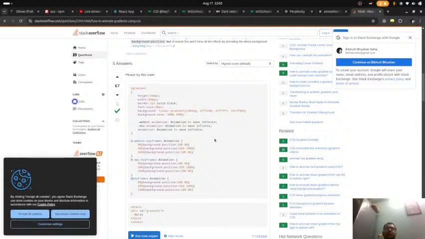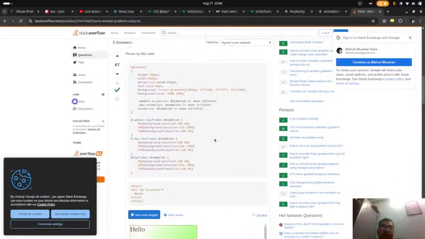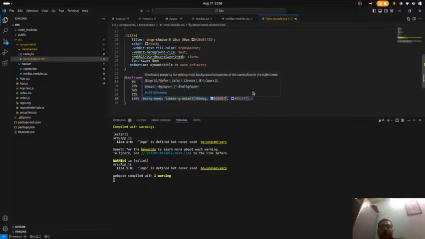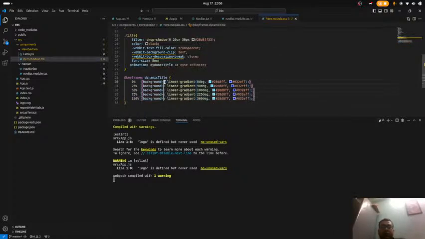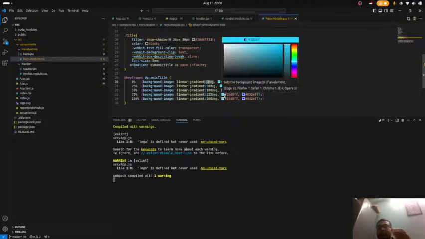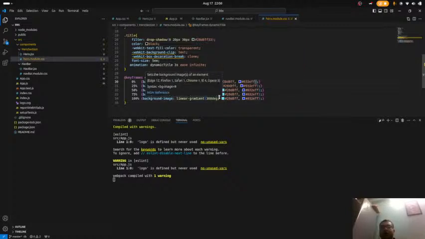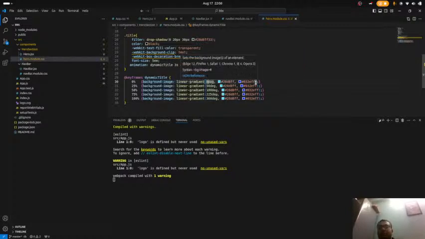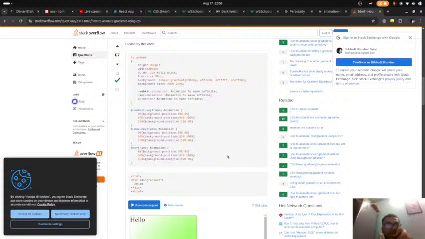So he suggests that you cannot really change the gradient, but what you can do is one thing. We have background images over here, but instead of just keep rotating the degree, what we can do is just transform the background, hide its